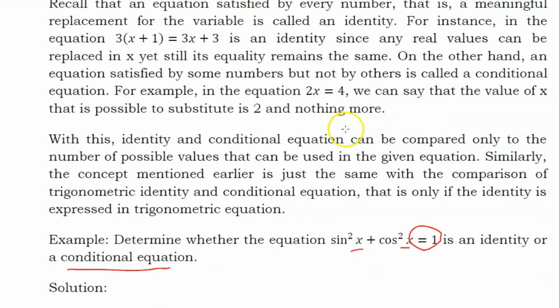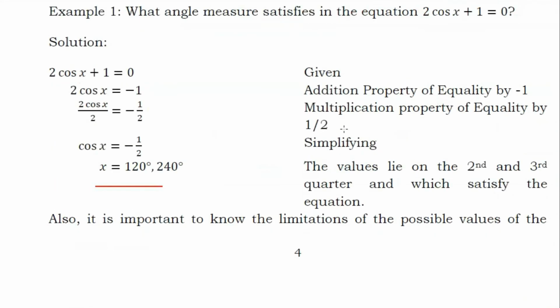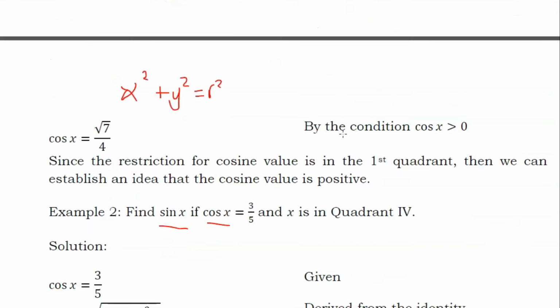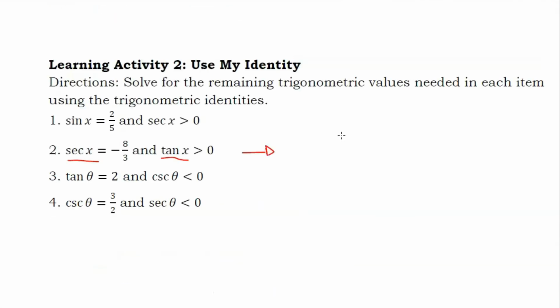So let's go back to our given. So we have, okay, secant squared x is equal to 1 plus tangent